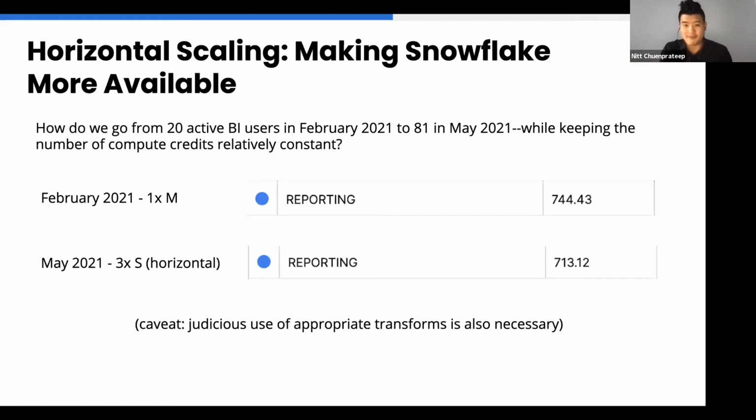The resource monitoring function is very, very helpful. And I highly advise that gets set up very, very quickly, almost as soon as you set up your clusters, because that will alert you to any spikes that occur. So you can play around with making Snowflake more available using the horizontal scaling features, things like that.